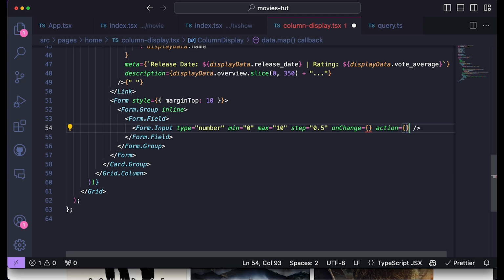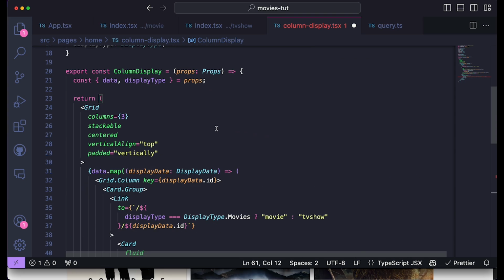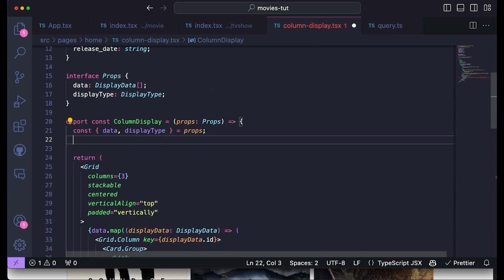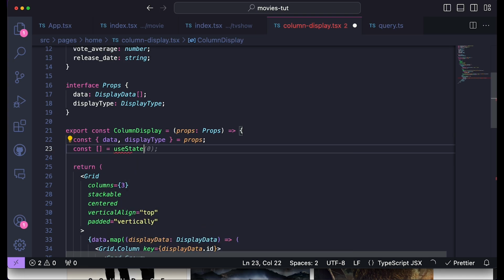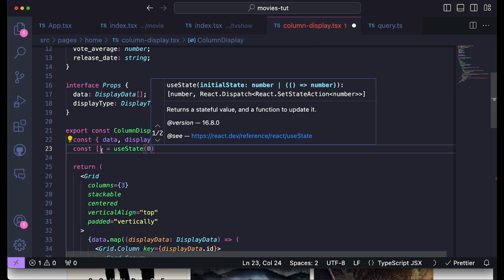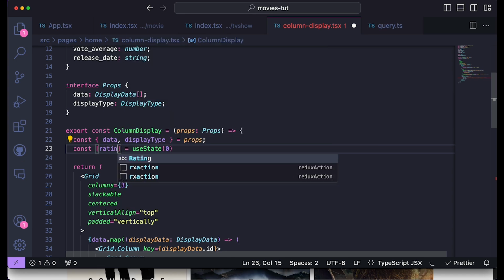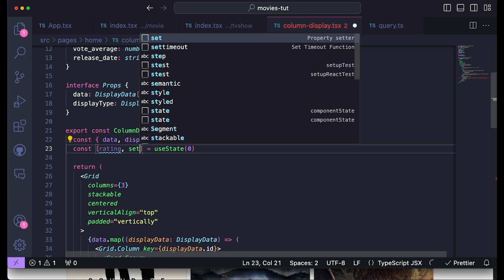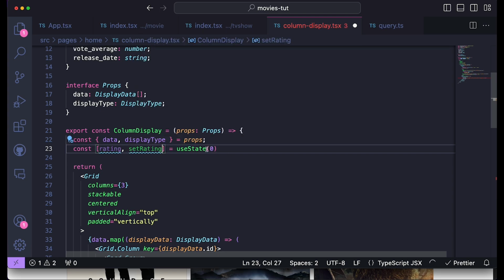Now this action prop is kind of cool because with a form input, we can actually add some styling to it whilst also adding the functionality to submitting this form. So just before we do that, we'll do the onChange first, which is we'll have a state called rating, and we'll create it up here, which will change depending on how we click on that. So I'll say useState, and then it'll be 0, and then we'll say rating, and we'll say setRating. This will be a number,